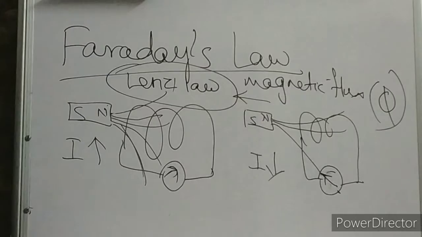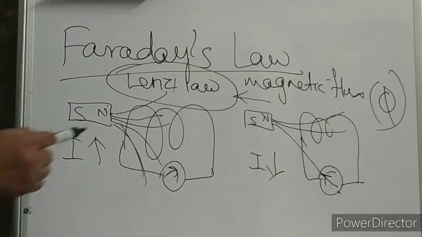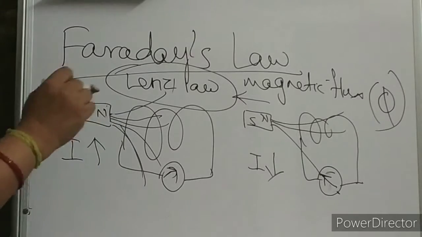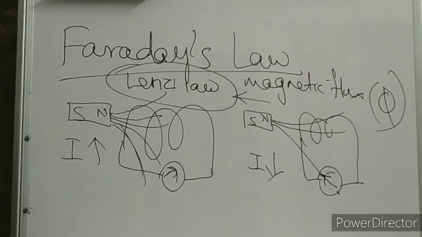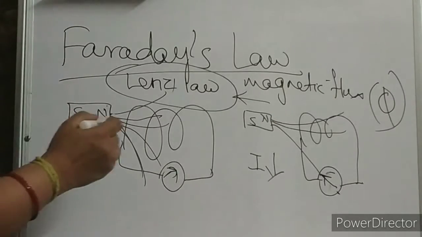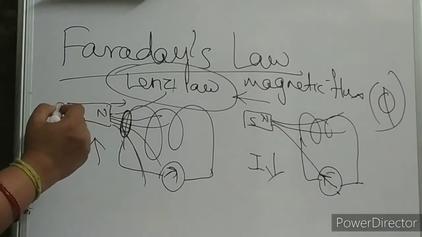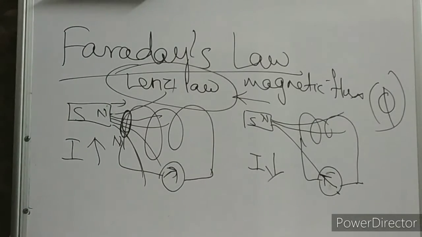See, in this case, when we are moving the magnet closer to the coil, we have seen the induced current increases. Now this action creates your induced current. And what is the induced current's job now? Oh no, how can they increase? I have to now decrease this process. I have to decrease this current now. This is Lenz law. That means on the face of the coil, a north pole is going towards the coil, so over here another north pole will be created. That means what will happen?